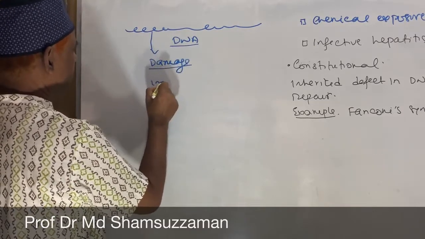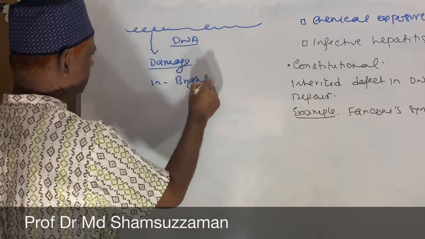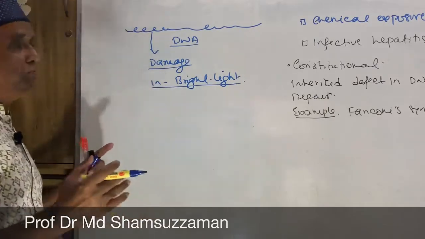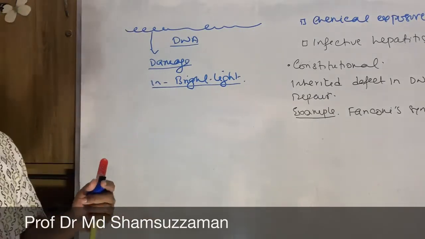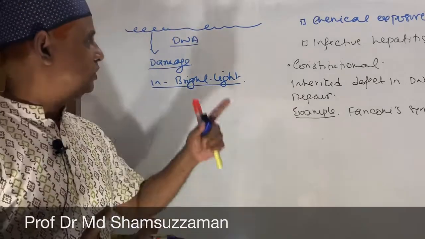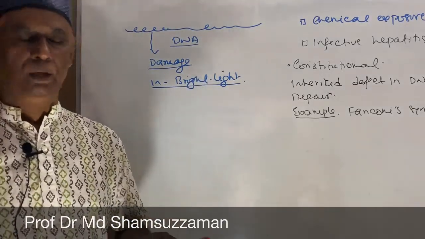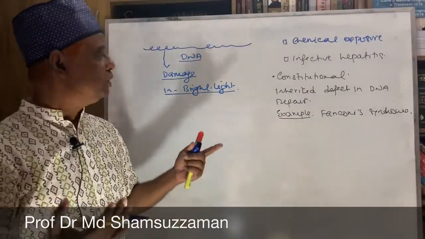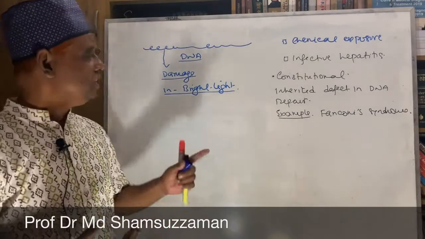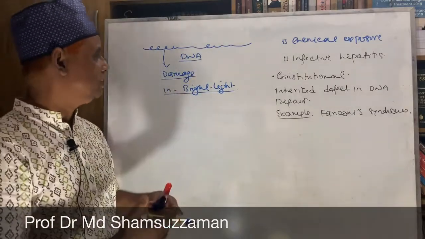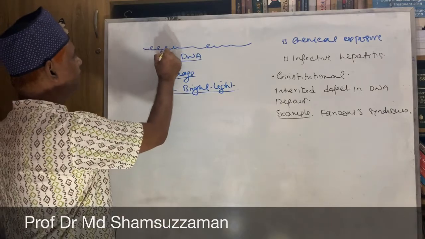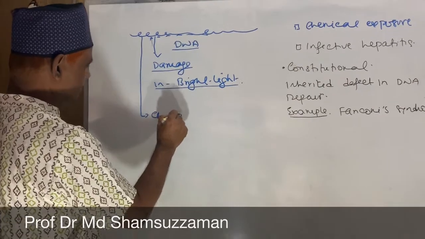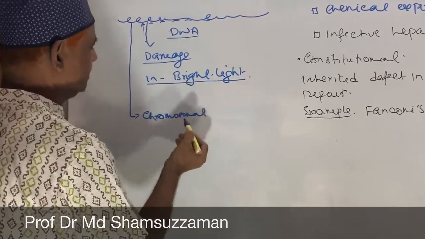like in bright light. If we are exposed to bright light, there is damage of DNA. Again, if you come back to dim light, the damaged DNA undergoes repair. So there is a mechanism, a system, there are enzymes to repair the damaged DNA in our body. If there is a defect in the DNA repair, the DNA will not be repaired, and there will be a disease that is called chromosomal breakage